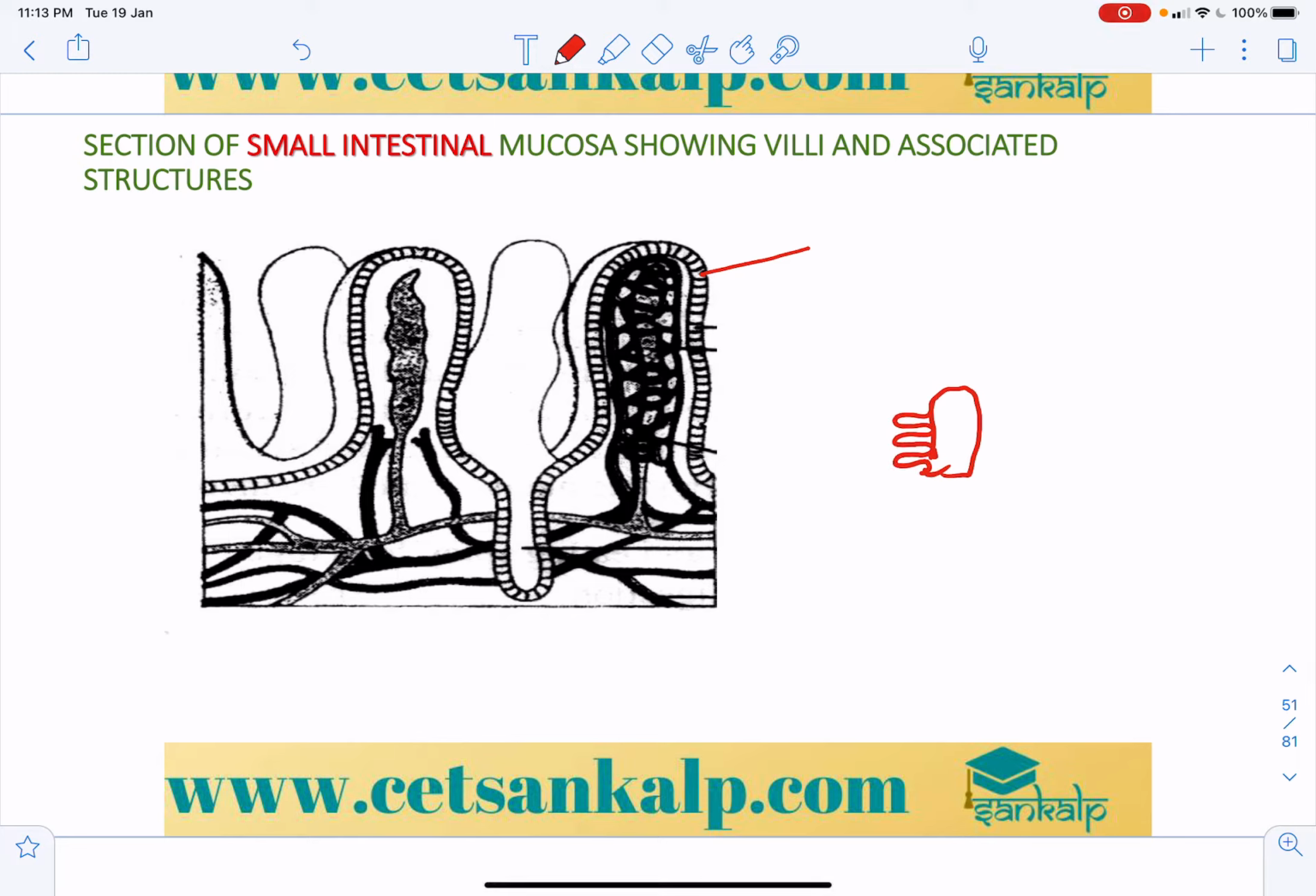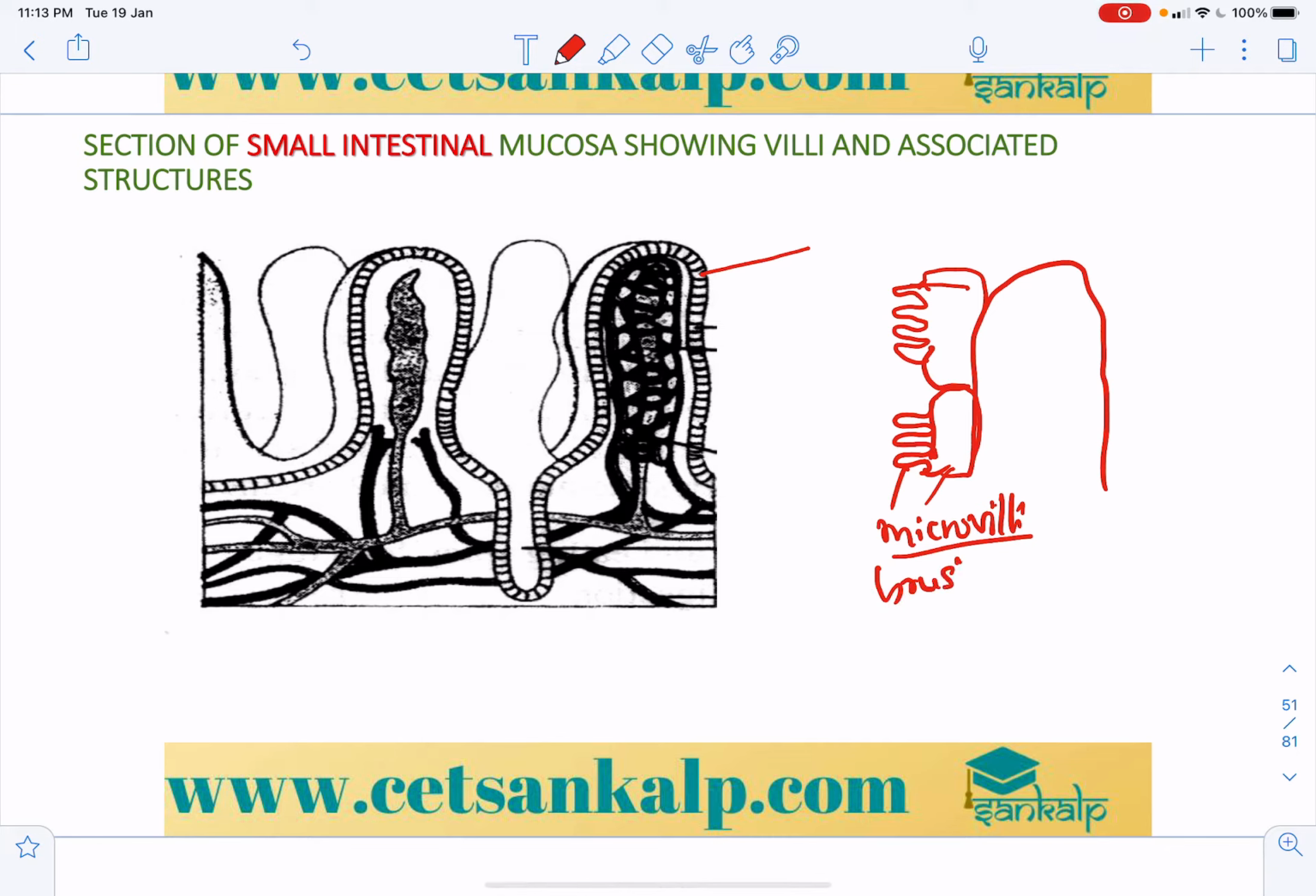So if this is a finger-like projection, and that is lined by the microscopic cells, these are called microvilli. Microvilli give a brush border appearance, right? This is because of the microscopic projections called microvilli, which line the